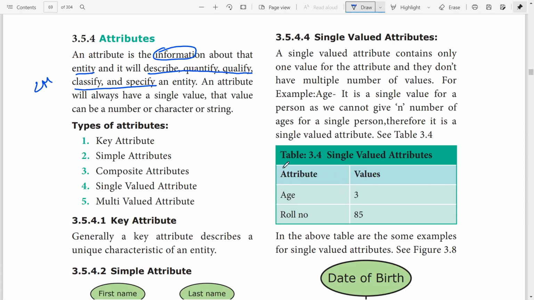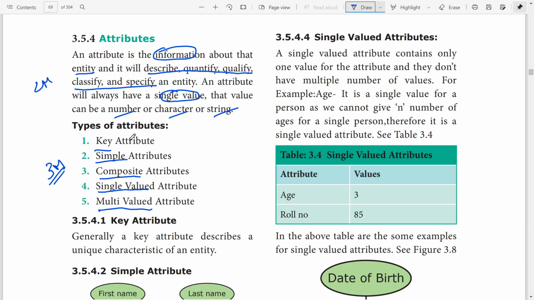An attribute will always have a single value. That value can be a number, character or a string. Out of these three, it will be any one. So, types of attributes. Three more questions. Key attribute, simple attribute, composite attribute, single valued attribute, multi-valued attribute.